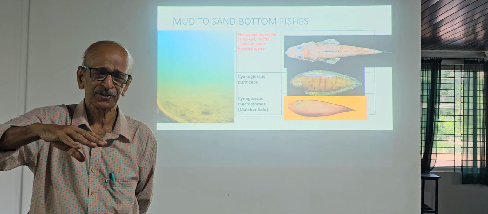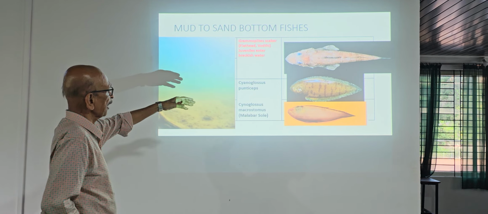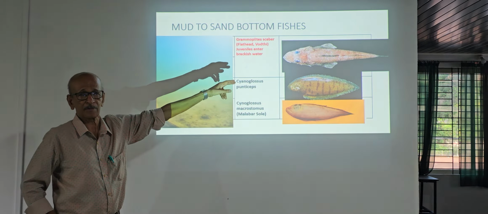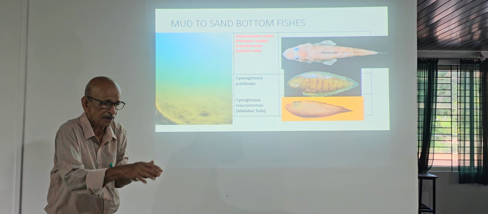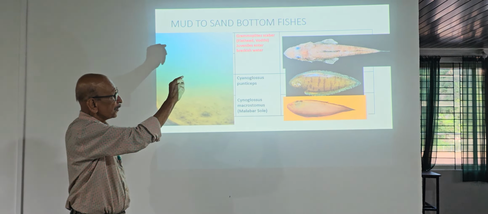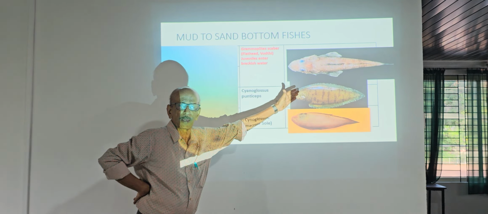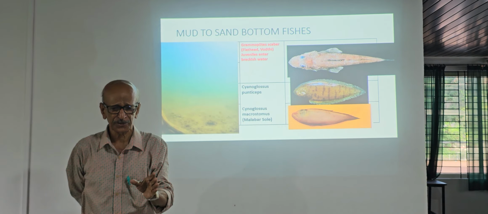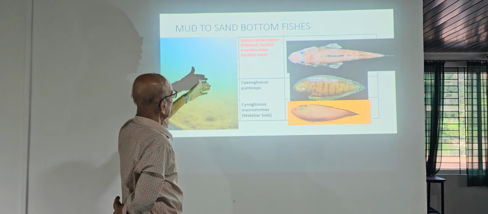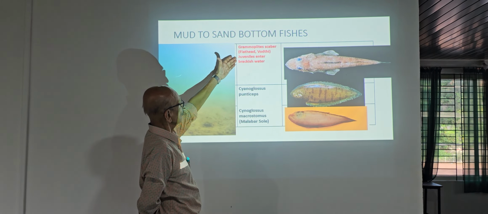These flat fishes lie flat on the muddy area, and they have both eyes on the upper surface like this, because the undersurface is facing the mud, and so therefore they have vision on the upper part of the head. So these include many species of these flat fishes, and out of them you find this flathead